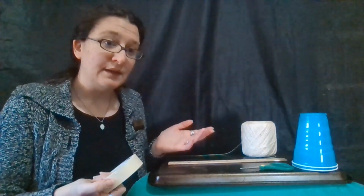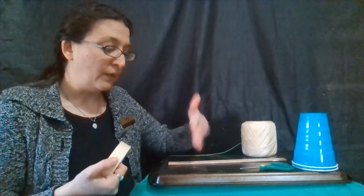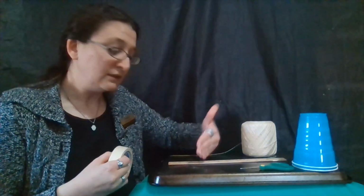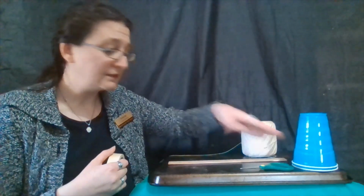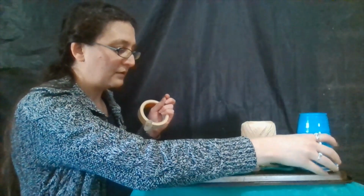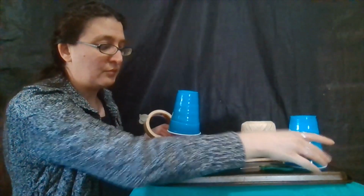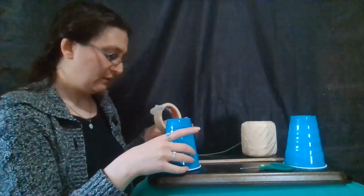So the goal that I'm setting with my model ski lift is to transport a small piece of cargo from one end of my tray to the other. And after it leaves the start portion, I'm not going to be able to touch the cargo until it arrives. So I'm going to use my tape and mark off my start section. And since I'm going to use the cups as the poles of the ski lift to go in between, I'm going to put my